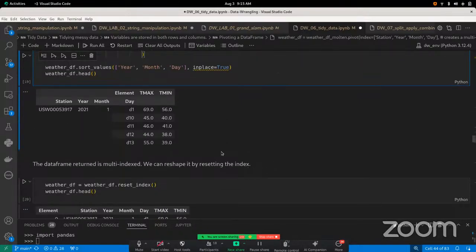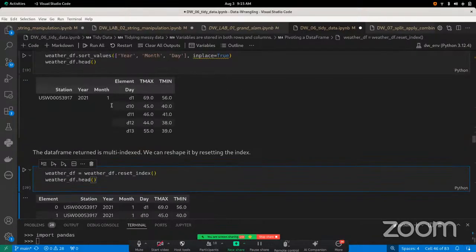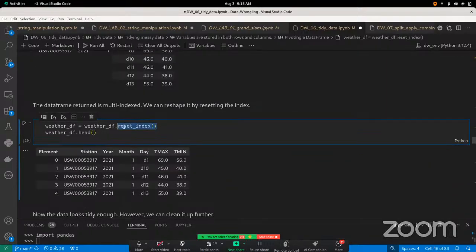So what we would probably want to do is, since the indices are not repeating, you'll have to do something called reset index, which will make